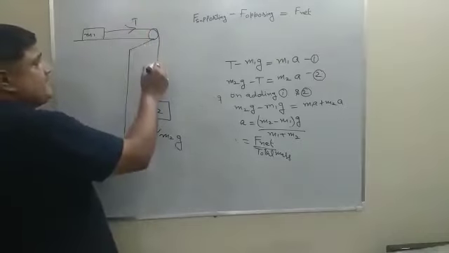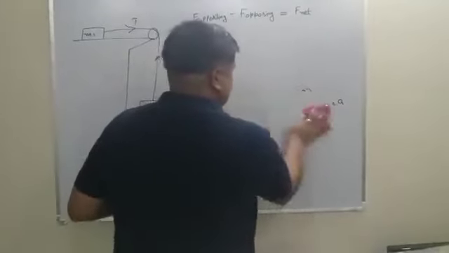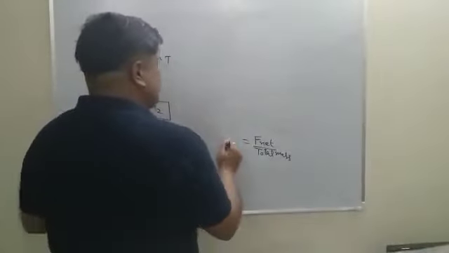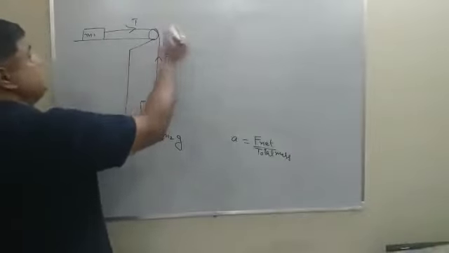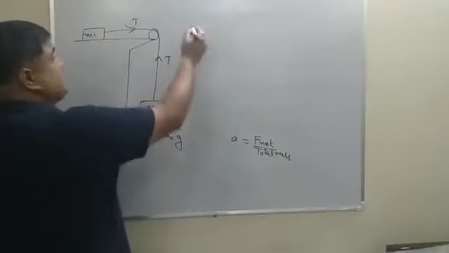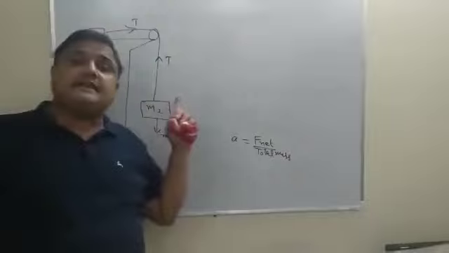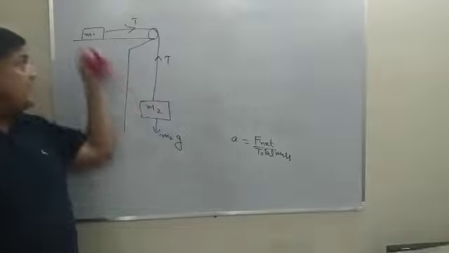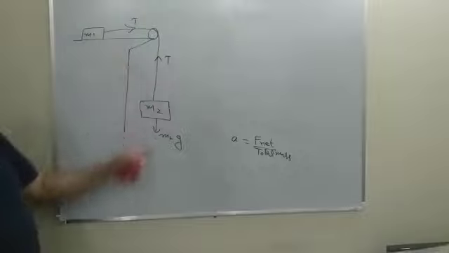Here it is T, here it is T. Tension is towards the point of motion, the point about which motion is taking place. So you can write the basic equation. Supporting force is tension. Please note one thing, that whatever M2 may be, whether it is lighter than M1 or heavier, it makes no difference. Even if it is heavier it will still move down, because this surface is frictionless.